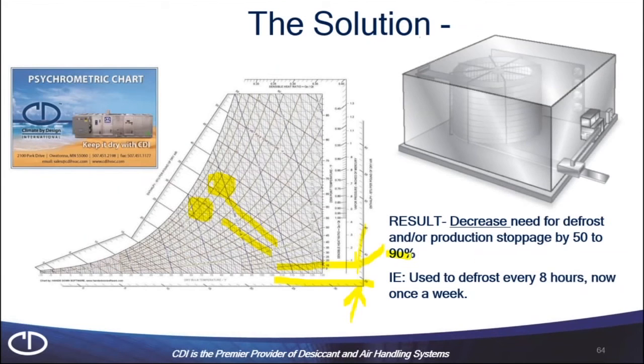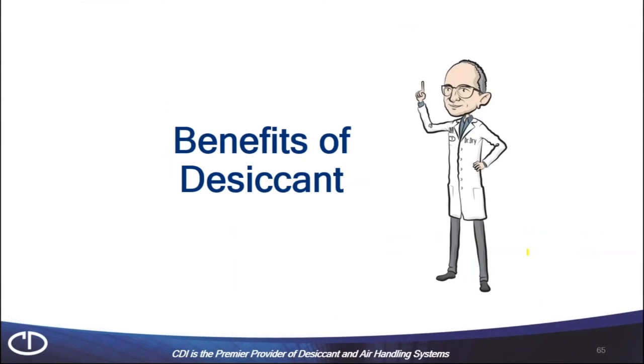So right now, if you're defrosting every 8 hours, let's say you can get through a whole shift without having to defrost that freezer. That's going to move to something like once a week. Okay, so defrost cycles can be changed significantly. Not a 100% solution, but enough that you can do a lot more production, that you can get rid of all